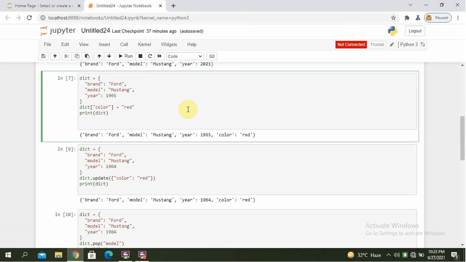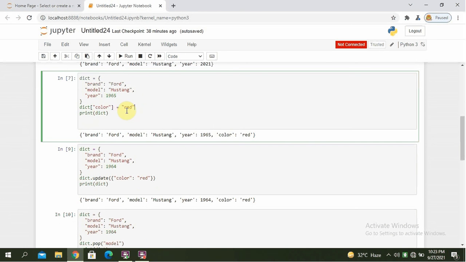Now, how to add dictionary items? Adding an item to the dictionary is done by using a new index key and assigning a value to it. Let's take an example. Dictionary equals, these are the keys, these are the values.